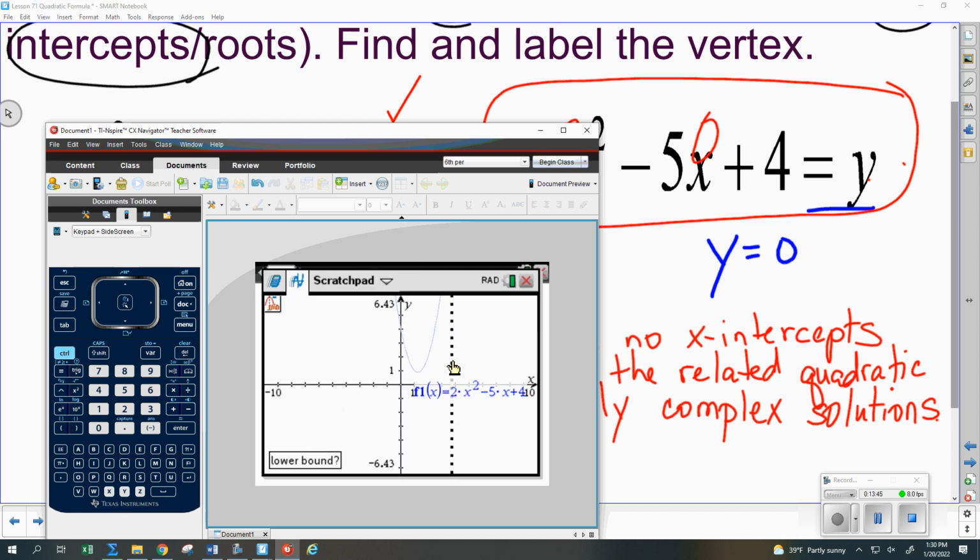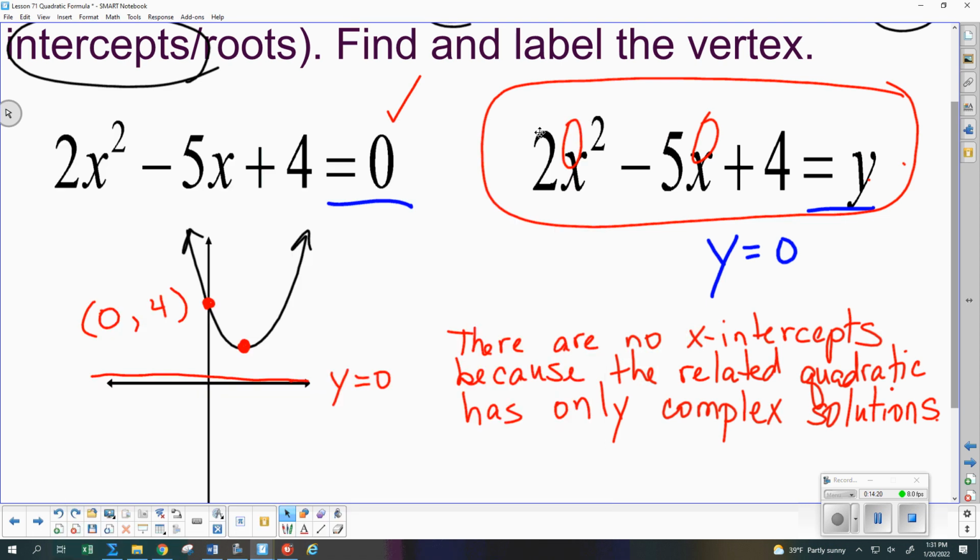And then it's going to be just like you did with intersection. Move that vertical line to the left of the vertex and to the right of the vertex. And you see its coordinates. And then on your problem set paper, you are going to label that. So 1.25, 0.875, and if it looked like it was on the axis, you'd look at this and say, nope, they're both positive. You can only make it look like it's on the axis if one of those is 0. But because those are both positive, you know it's got to be in the first quadrant. So we label that the vertex, whoops,